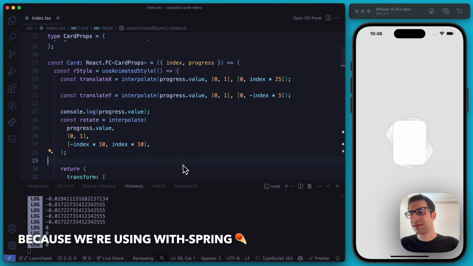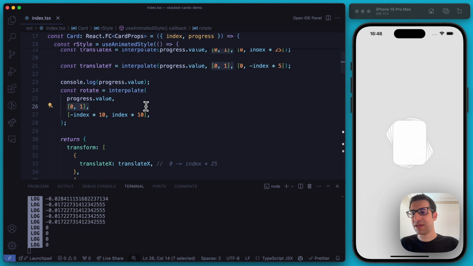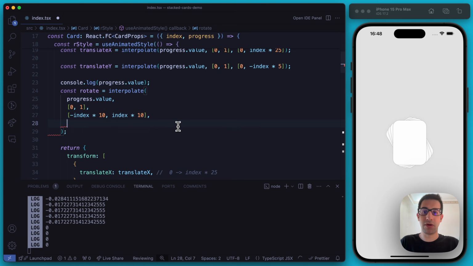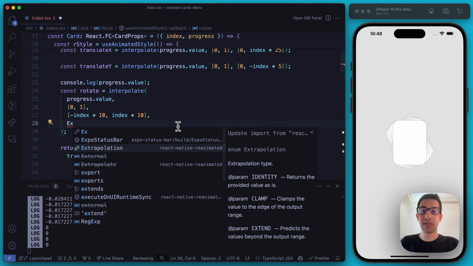So the point is that after all, the input range is between 0 and 1, so we didn't write something like 0.2 or minus 0.02. So how is the interpolate function going to behave when the progress is greater than 1 and less than 0? We didn't specify anything, so it will use the default from Reanimated,